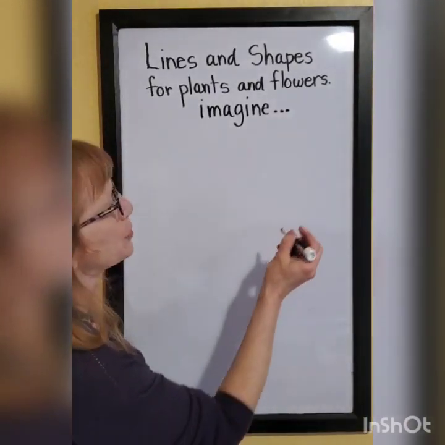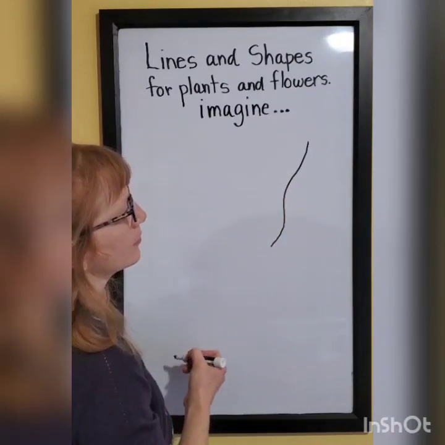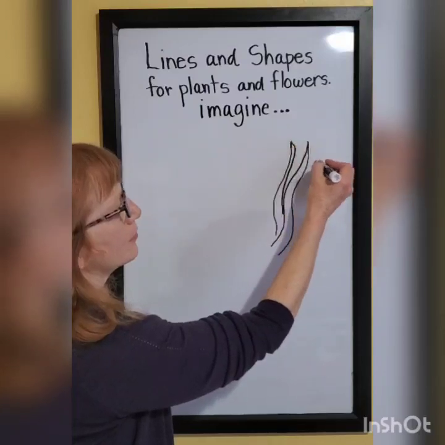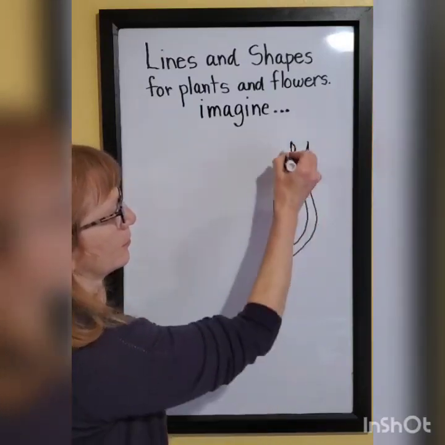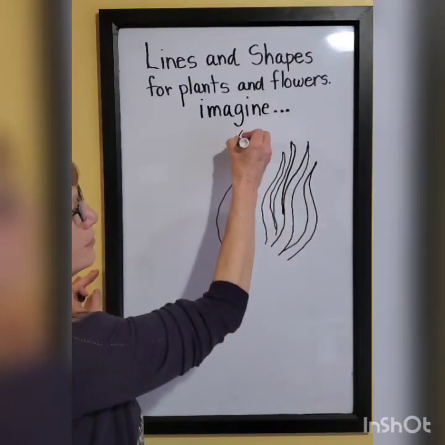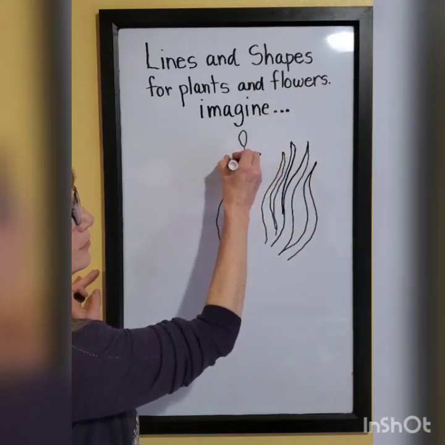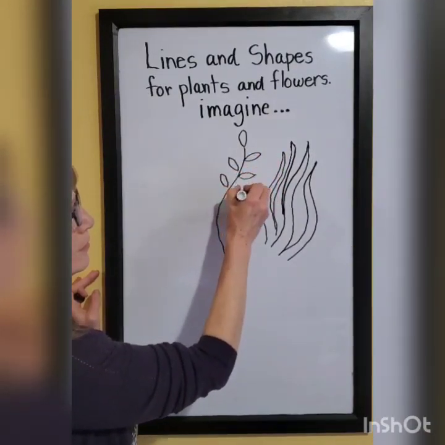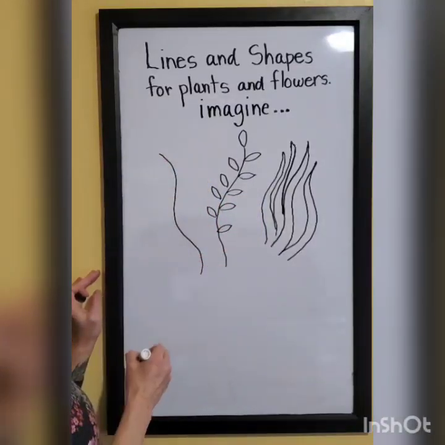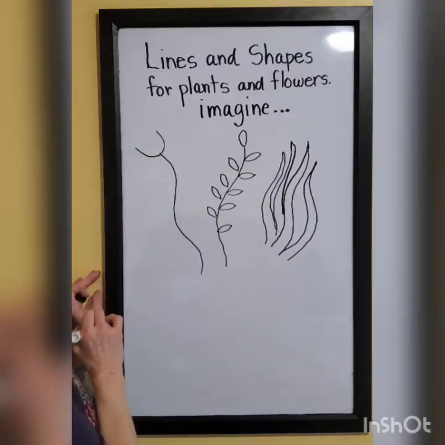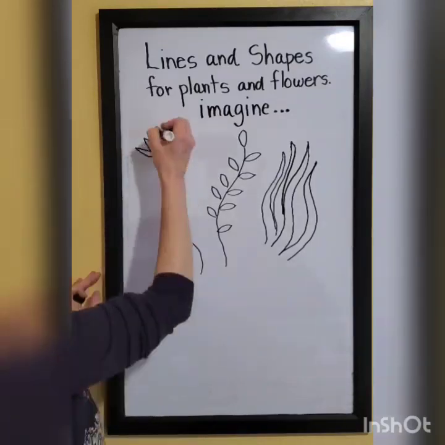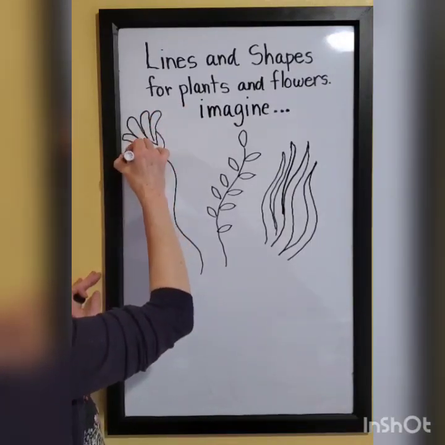Imagine. I want you to imagine. I'm going to show you some lines and shapes you can put together to make your flowers and plants for this landscape, but you will have some ideas of your own. Use a piece of paper or a whiteboard to practice these lines and shapes and make some tall grasses, some vines, flowers, and trees. Let's practice this idea together first, and then we'll use our new information to create our